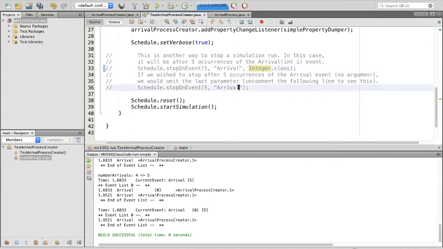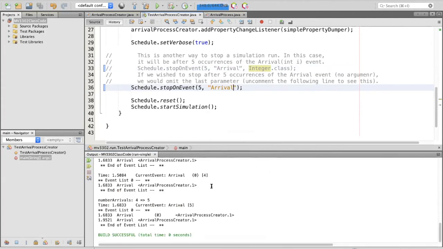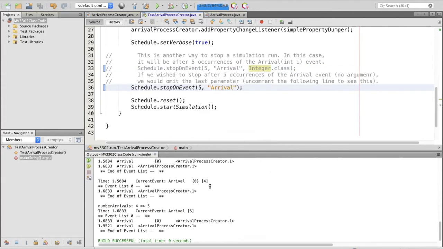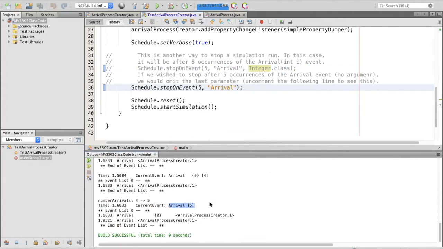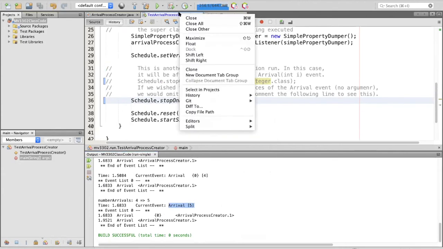Now, what if we wanted to stop after the fifth arrival event with no arguments? Well, then we would say stop on event 5 arrival, but no integer there. And if we run that, we see that it stops after the fifth arrival event with no arguments. Okay, so this is how